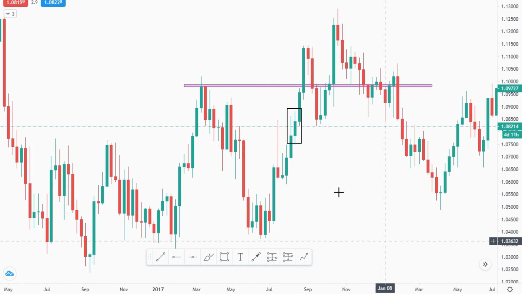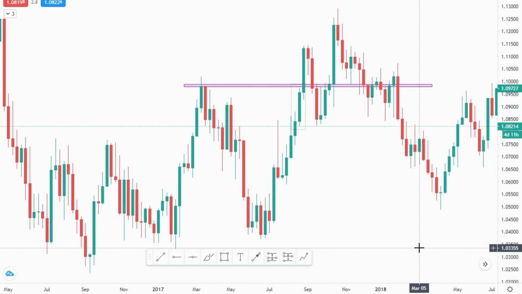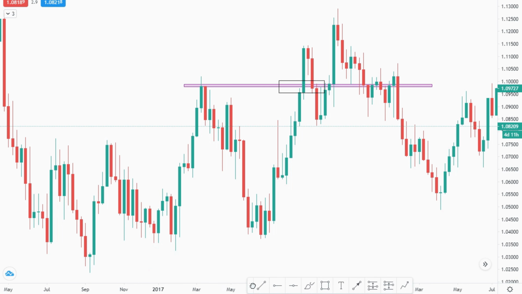We have a small candle, and the next candle we have a large green candle which shows gain in momentum. We do not want the price to gain momentum as it reaches the key level. If the price does not slow down, it might break through the key level. As you can see here, there is no price action at this key level to take trades. Let's look at another example.